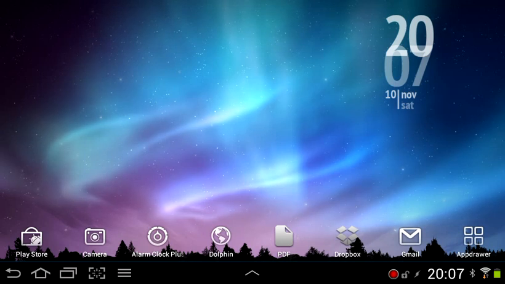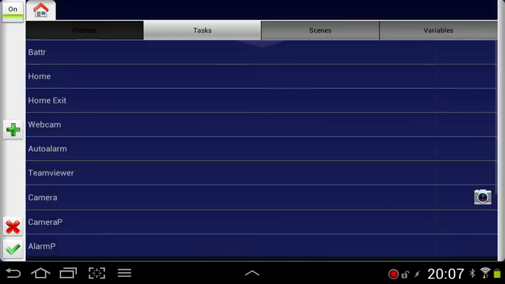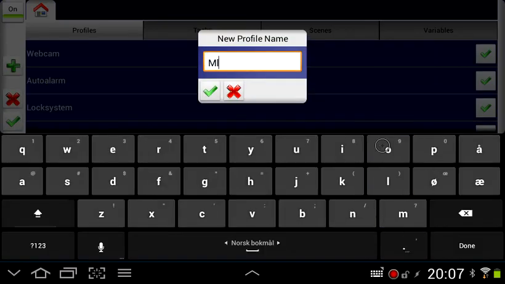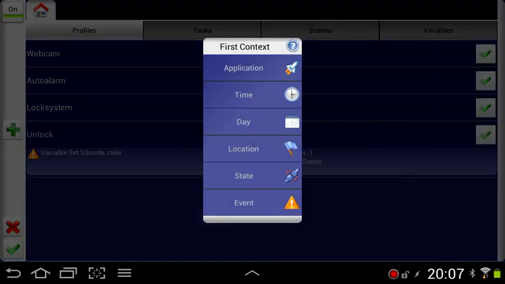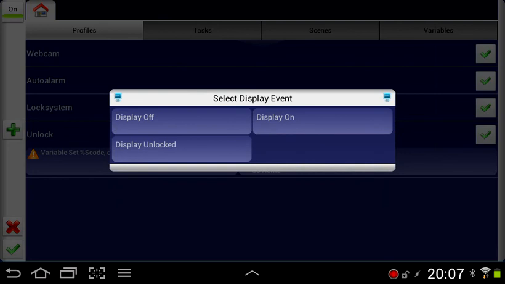And then the last thing we need is a system to actually reset the system when you lock the device manually, I mean. I'm going to add a new one and call it mlock, manual lock. I can't ever understand what different profiles do 5 minutes after I create them because my naming scheme only makes sense for about 5 minutes. Let's say, what did I just click? Yeah, it's in the event context category, display, display off,